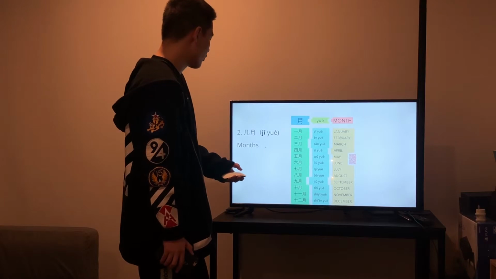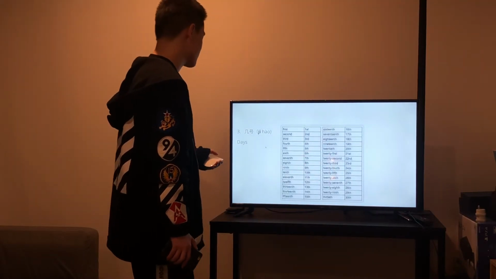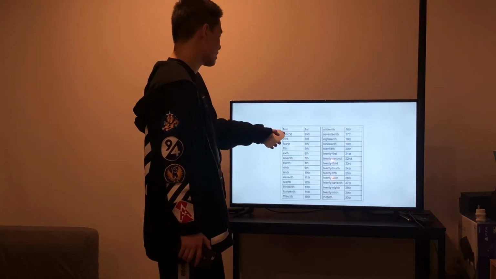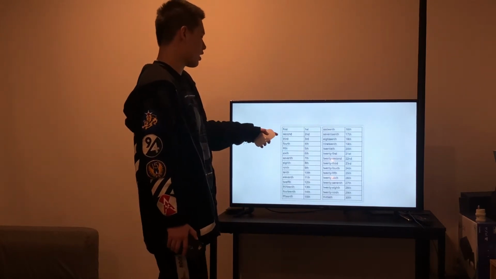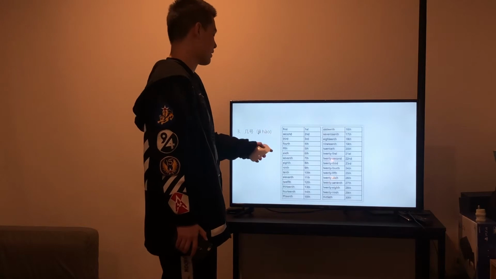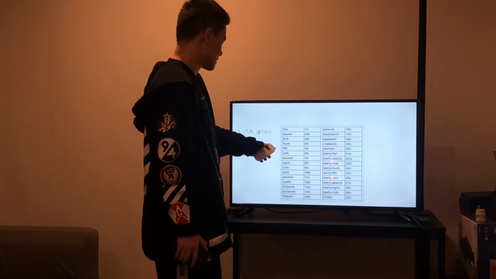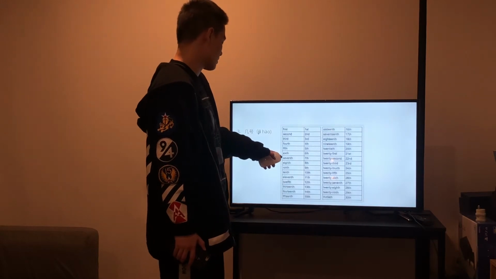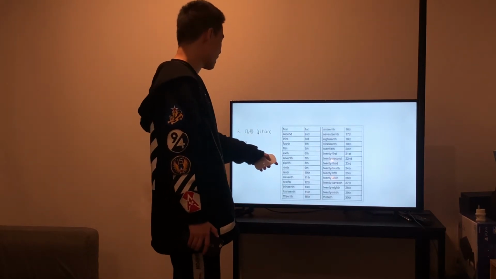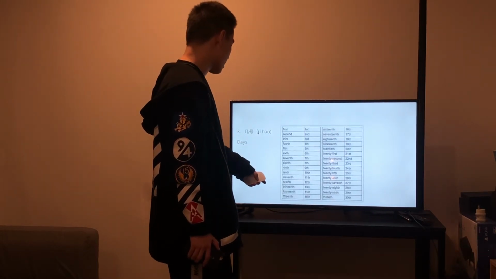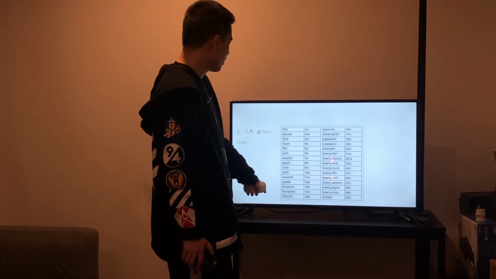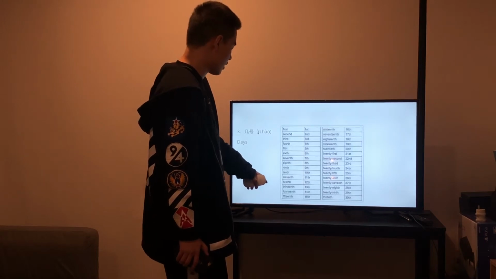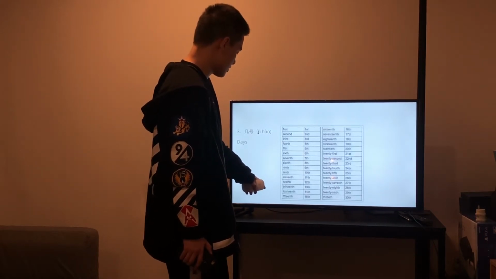And we will move to the days, that is 几号. The first is 一号, the second is 二号, the third is 三号, the fourth is 四号, the fifth is 五号, the sixth is 六号, the seventh is 七号, the eighth is 八号, the ninth is 九号, the 10th is 十号, the 11th is 11号, the 12th is 12号, the 13th is 13号,